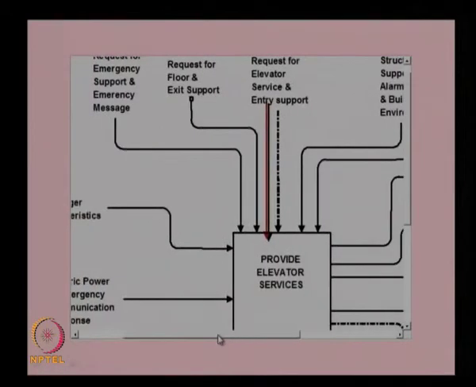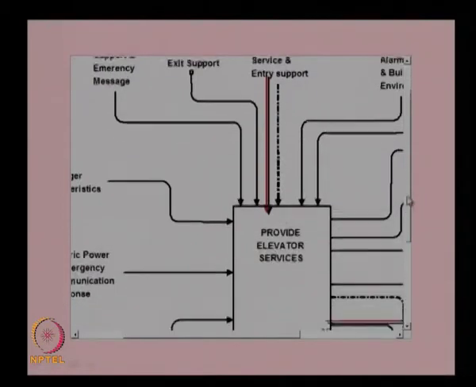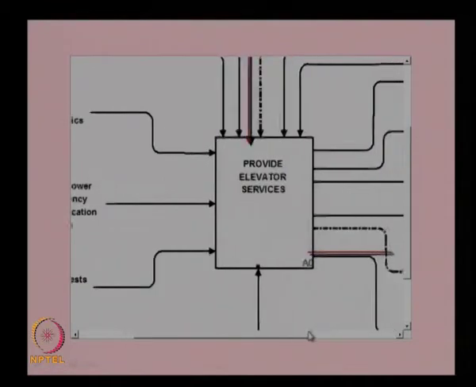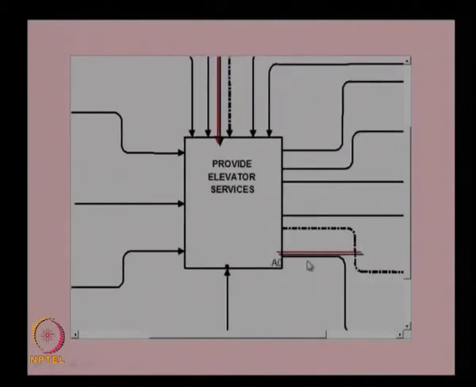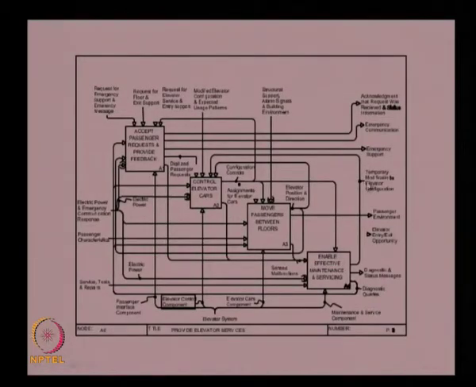So, this is the context diagram which provides the overall main function of the elevator system as well as the inputs and outputs. The next task is basically to divide this function into sub functions. The context diagram will provide you the top level function A0, and the A0 diagram, or the level 1 diagram, will provide you the sub functions A1, A2, A3, and see how to show that using IDF0 diagram. This looks a bit difficult to read, but I will show you another diagram where the details are given. So, the overall picture is shown here.